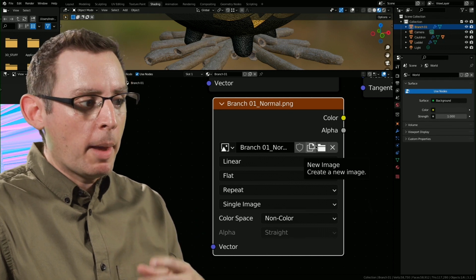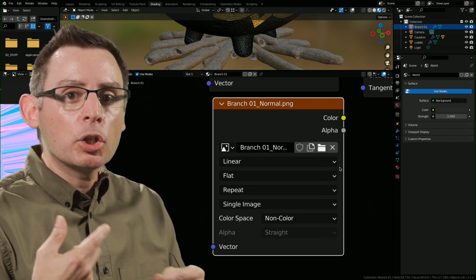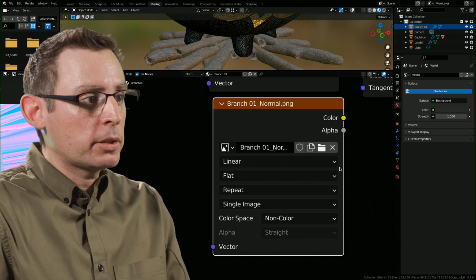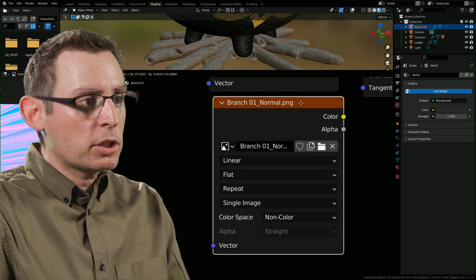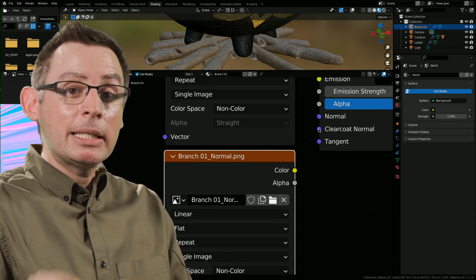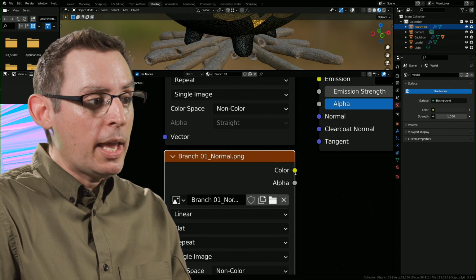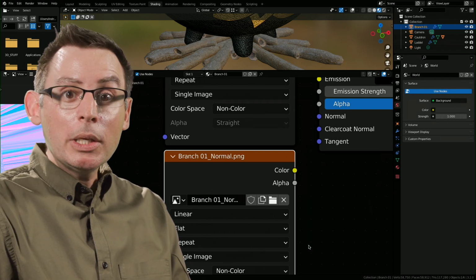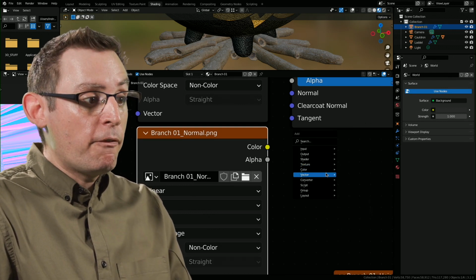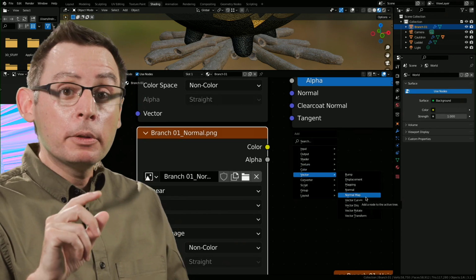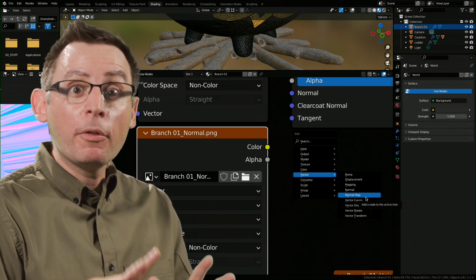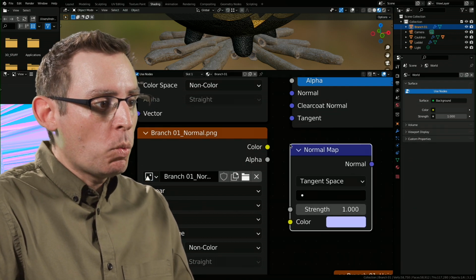Okay, so the next two is where it becomes a little bit of a challenge because we need to start working with the normal map. Now, a normal map has vector information embedded into the color values, but we don't want to send the RGB color pixel information from this texture node into the shader. Look at the input. It's expecting vector information. Well, I'm only able to send color information, so we need to have some sort of converter in here. Shift-A real fast. We're going to add in under the vector nodes a normal map. Please note that there is a normal node and a normal map node. We want the normal map node. Let's go ahead and wire it in.